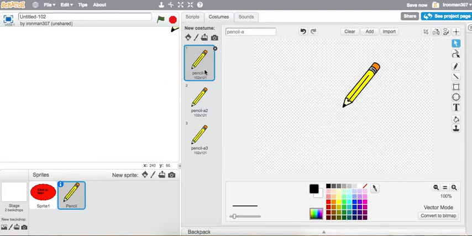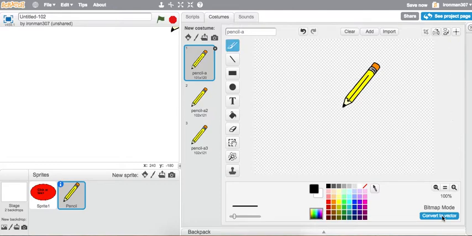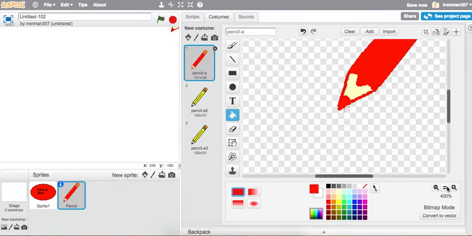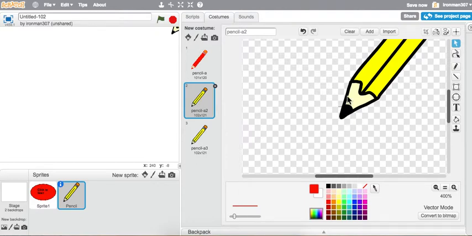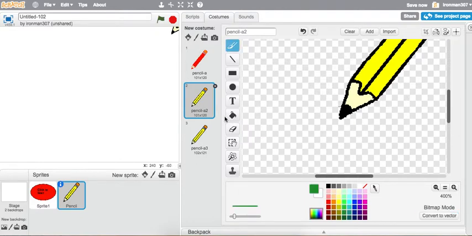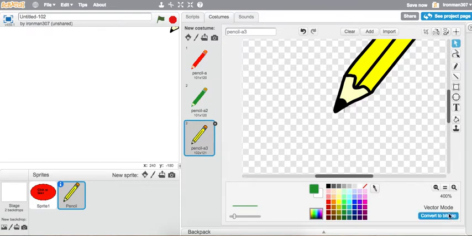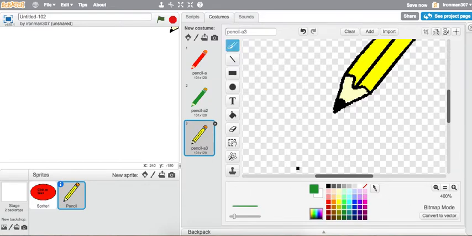Pencil, costumes. Now I'm going to change it so it's 3 different colors, and I'll convert to bitmap so I can grab my fill: red, fill black, fill yellow, so now it's red. I'm going to zoom in so it's a little bit easier to do that. Now here I have this one, it'll be green, but I need to convert to bitmap, fill, black, yellow, and the last one. Convert to bitmap, fill, blue,